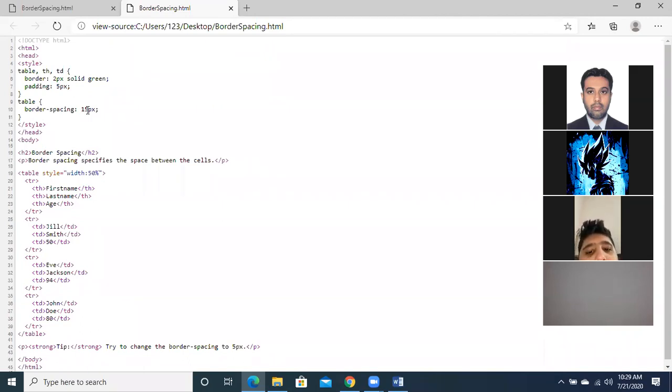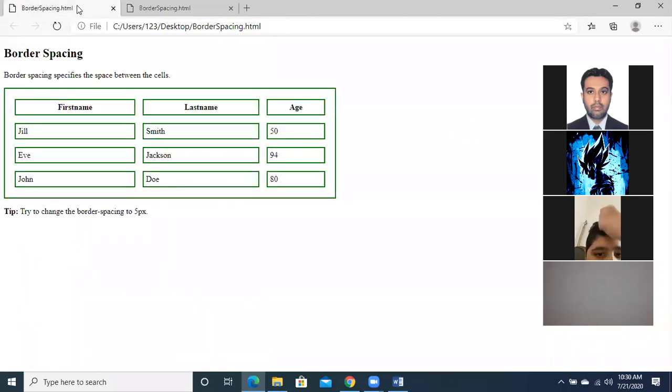Okay. So we mentioned the border spacing just like we have mentioned over here. Now you will see that we have also taken the table width as 50% of the page, and this is the output.